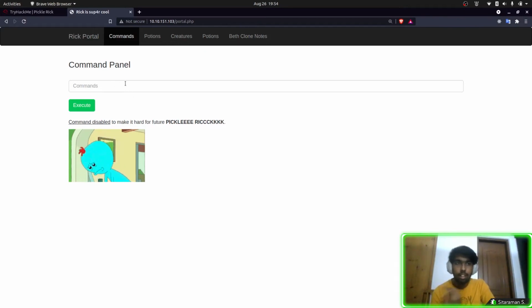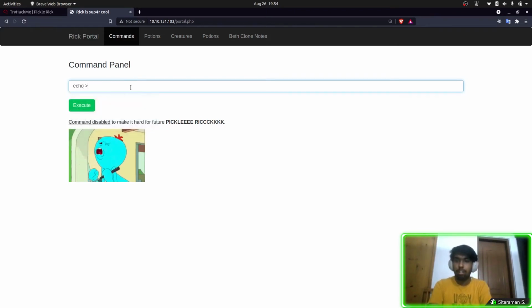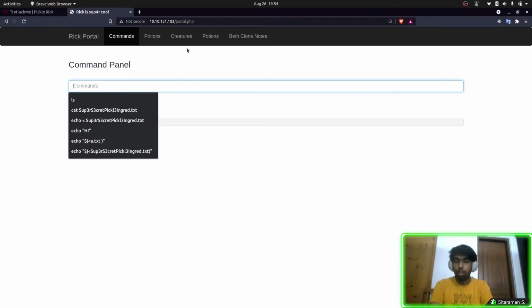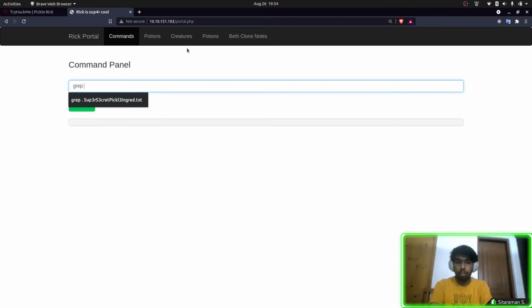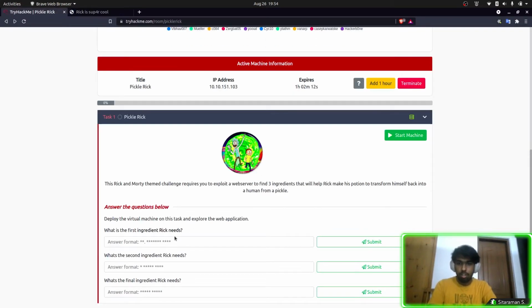So I dug through it, and there are a bunch of alternative commands which you can write. I tried with this command echo and tried to echo out the text file, but there was no luck. So one more thing I got was grep. So grep dot, just take this file name and use the dot, which basically signifies everything in this text file. It will print out to stdout. We got our first answer. Let's submit this.